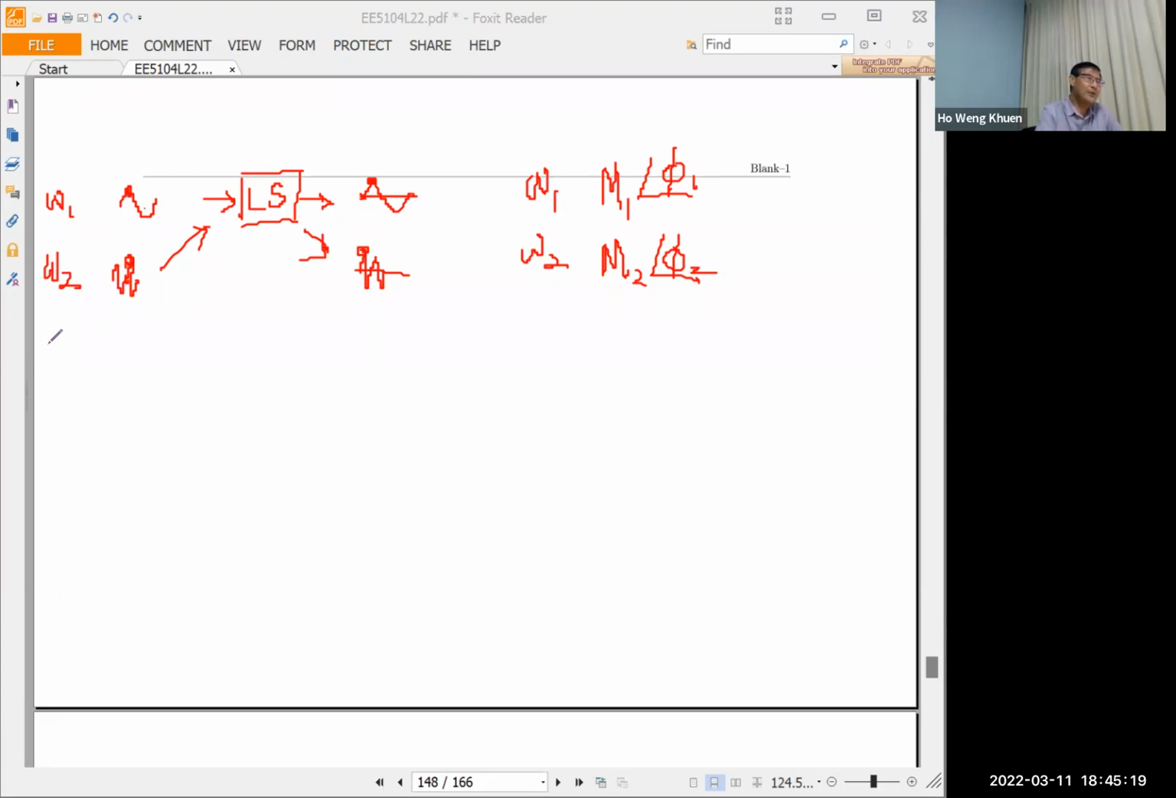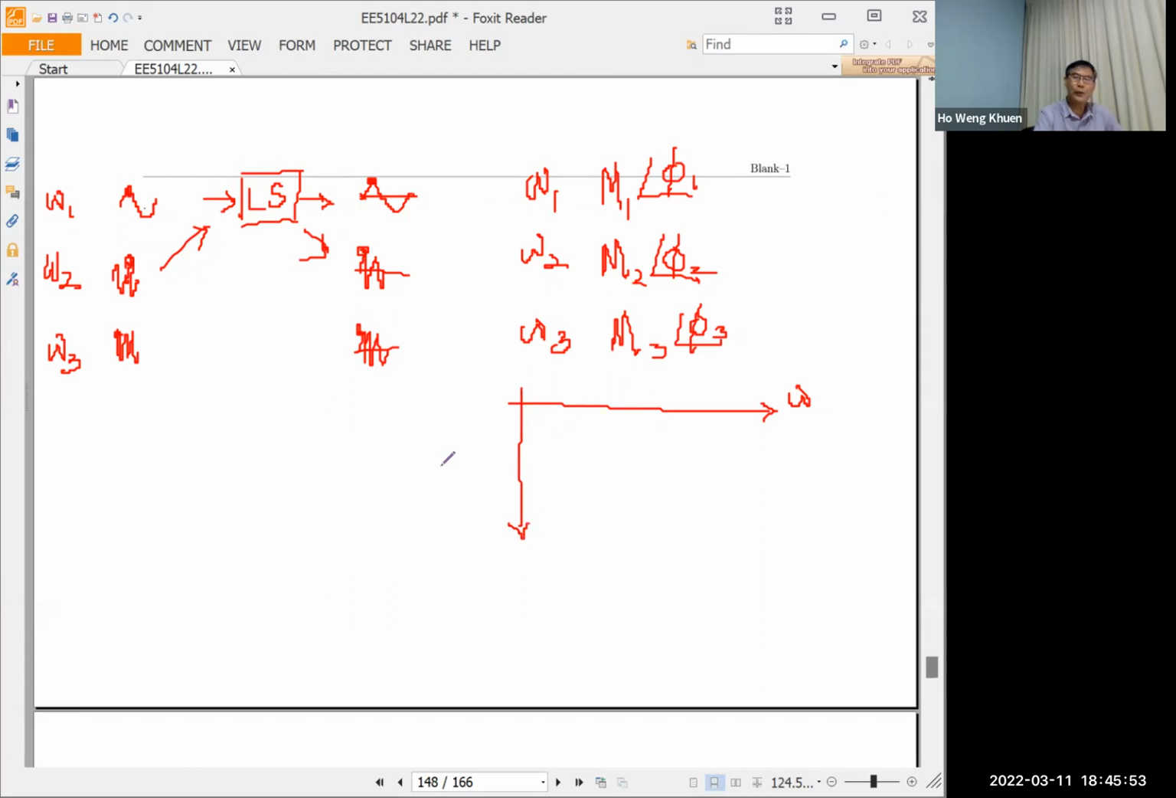So maybe they'll ask you to do omega 3, which is an even higher frequency. Then you go in, come out, and you get an even higher frequency. Same thing, you measure this, divide by this, so at omega 3 you get M3 and phi 3. If you do enough, they always ask you to plot the graph: this is frequency omega, this is amplitude. Then they always like to do it in dB, so dB is 20 log